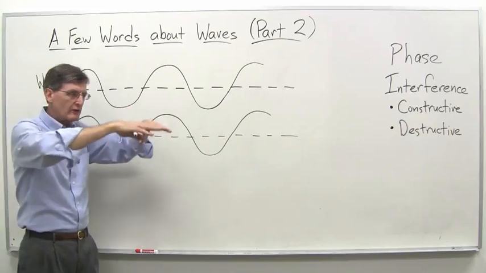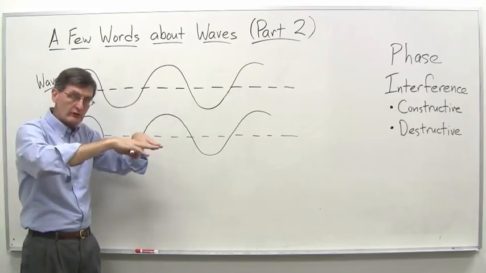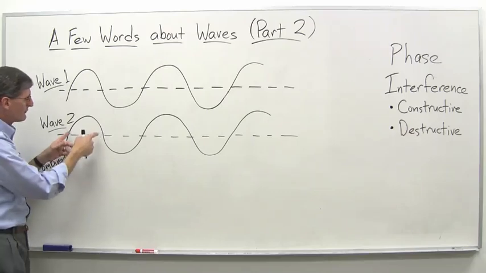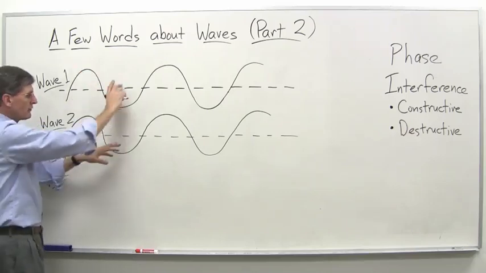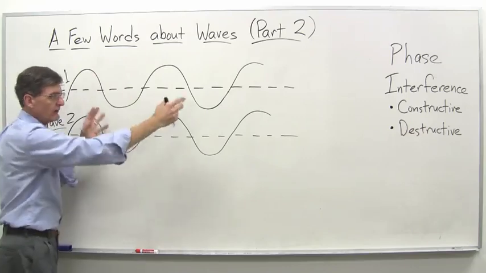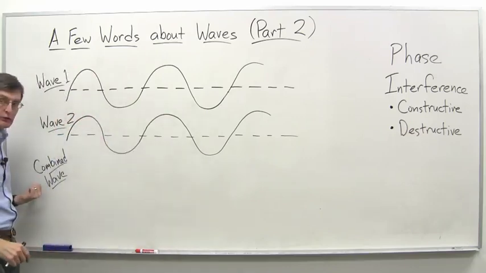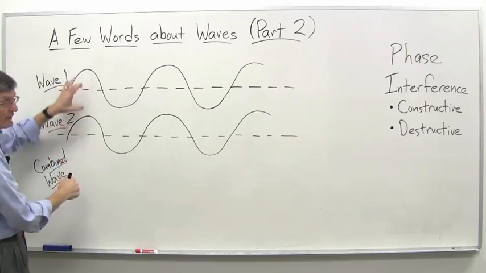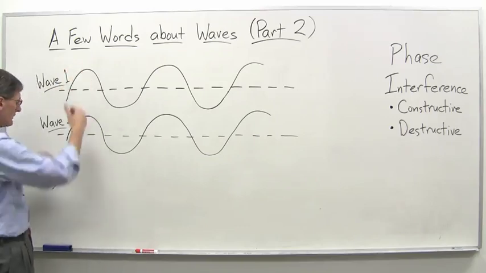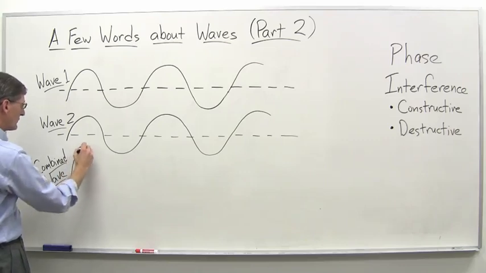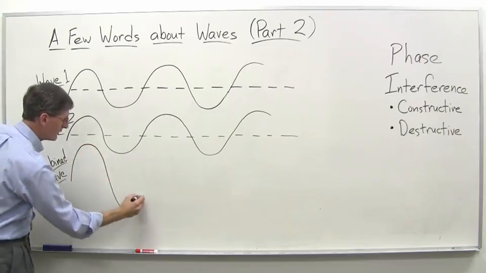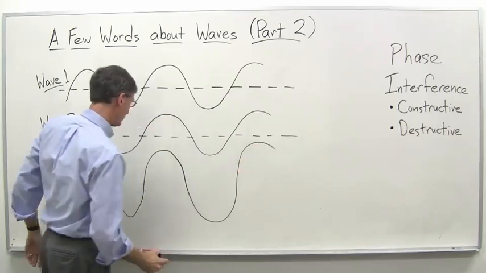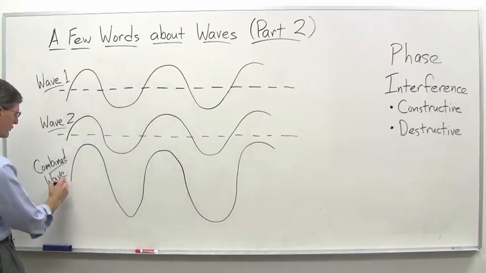As they come together here, the waves are going to combine, and the peaks are going to get even higher and the troughs even lower. In other words, what happens is the peak parts add, the trough parts add in a sense, and everything else adds along here as well. So the combined wave then is going to look something roughly like this. If these are the same height, the same amplitude, we're going to double it then. So it might look something like way up here, and then way down, and way up, and way down, and way up again, more or less. And if we draw the center point line there,